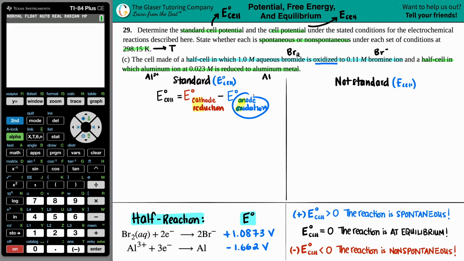And oxidation always happens at the anode, so we know that the bromine half reaction is the anode one. Vice versa, when they talked about the aluminum, they said that the aluminum one was reduced, and reduction is always the cathode. So we know that the aluminum half reaction is going to be the cathode,